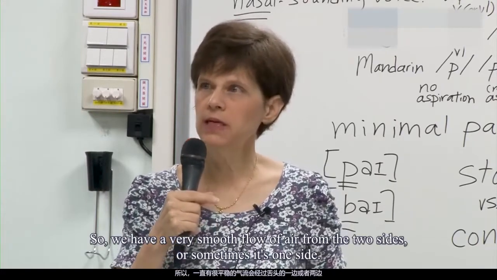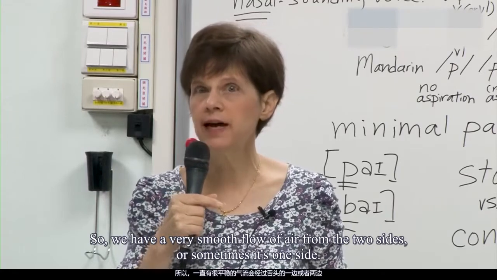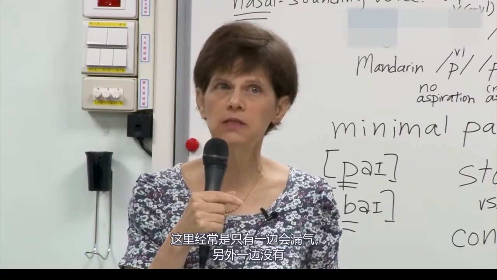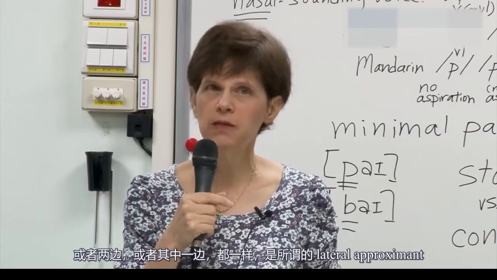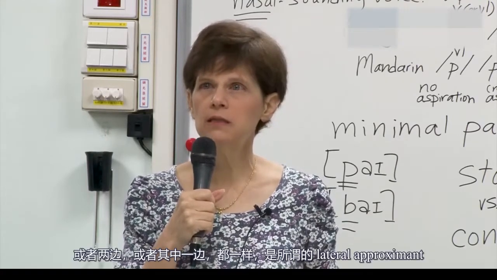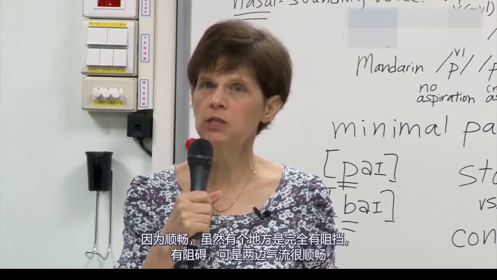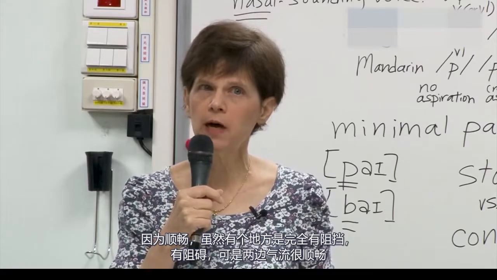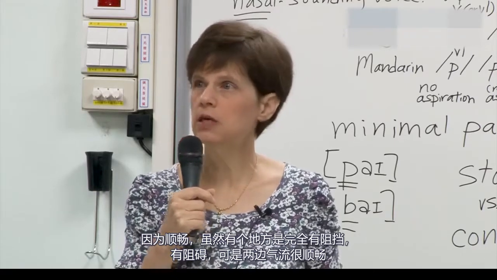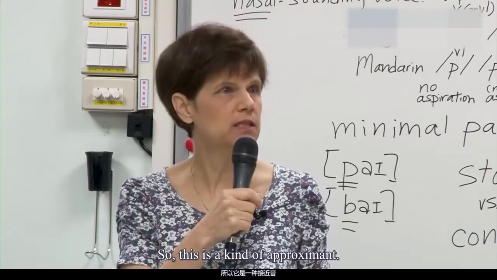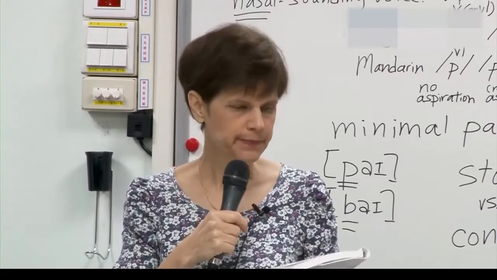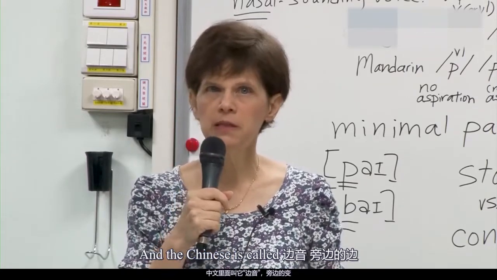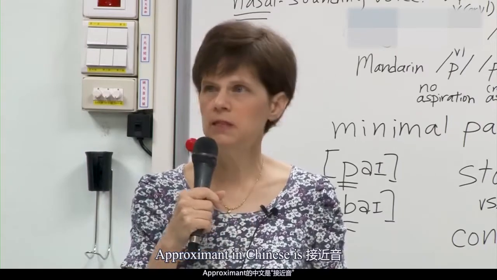So we have a very smooth flow of air from the two sides, or sometimes it's one side. 这个经常是只有一边会漏气，另外一边没有，或者两边，或者其中一边都一样，是所谓的 lateral approximant，因为顺畅。虽然有个地方是完全有阻挡有阻碍，可是两边气流很顺畅 so this is a kind of approximant，没有噪音的。